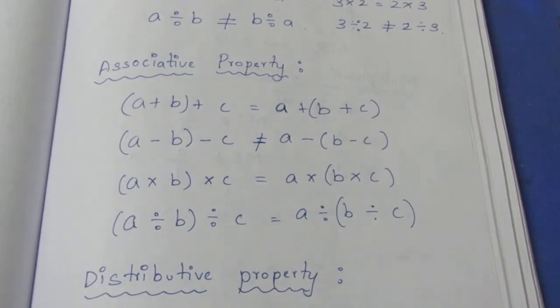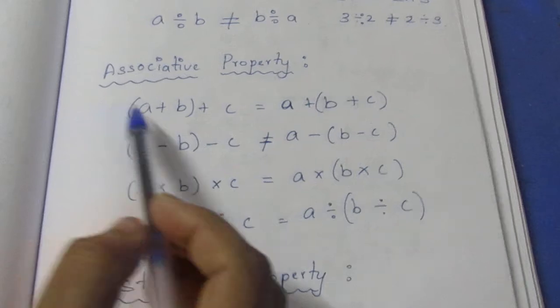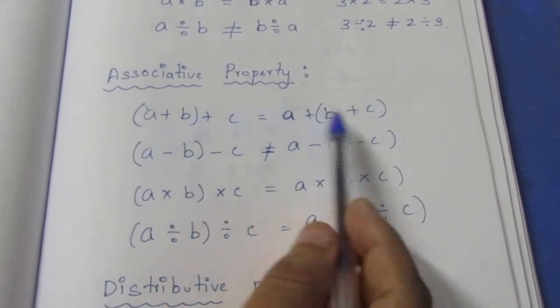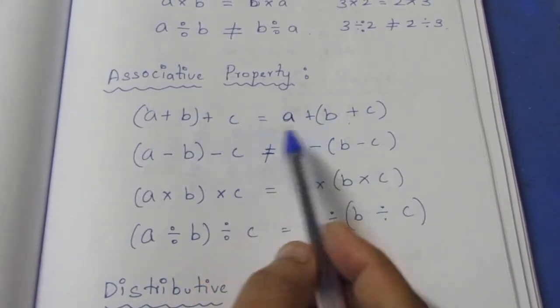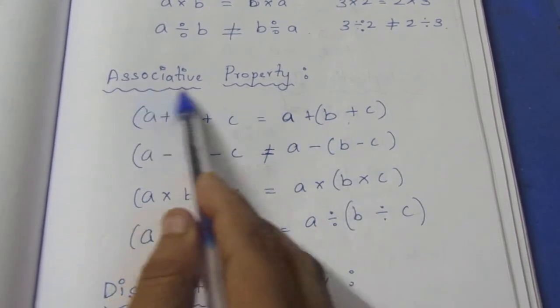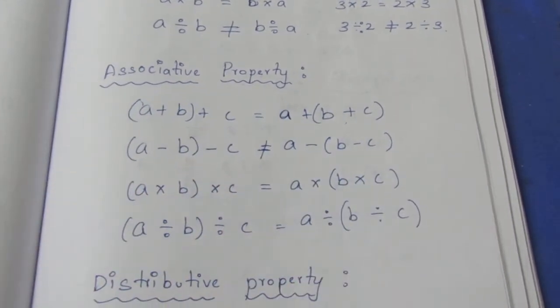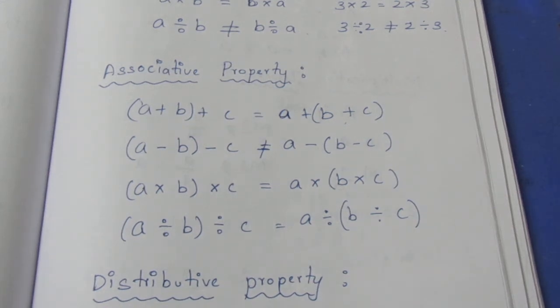For the associative property, it deals with three numbers. Remember that it deals with three numbers. Only there is a change in the bracket. If the bracket is in the front, the change of bracket is in the last two. First two, here last two. So only the change in the bracket is called the associative property. The signs, everything is the same, but there is a change in the brackets. Now we'll move on to the first one.